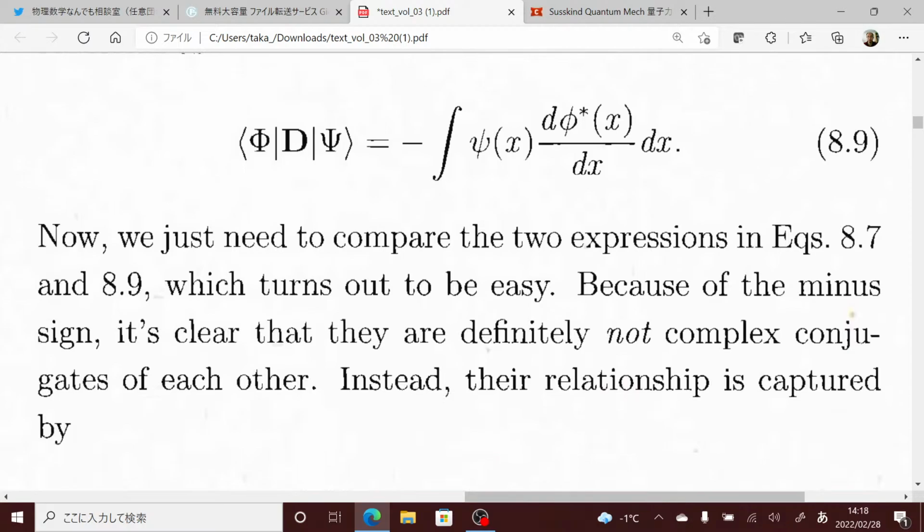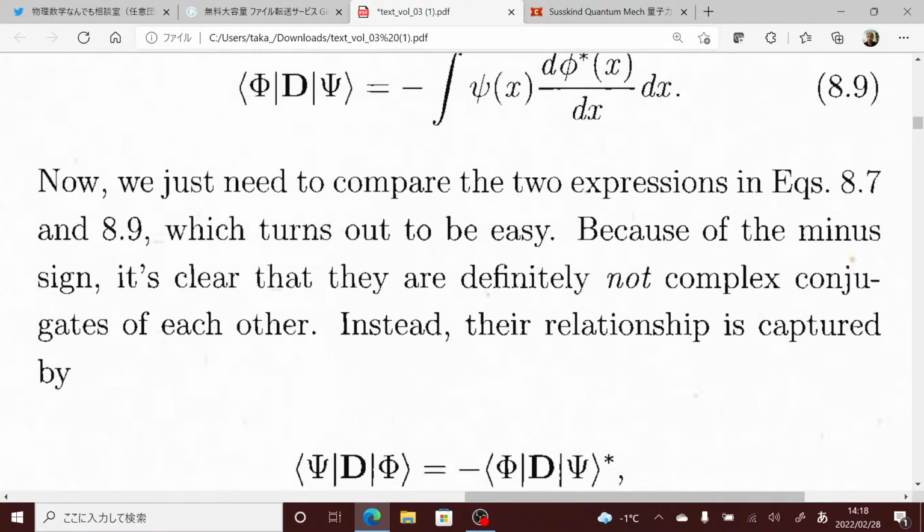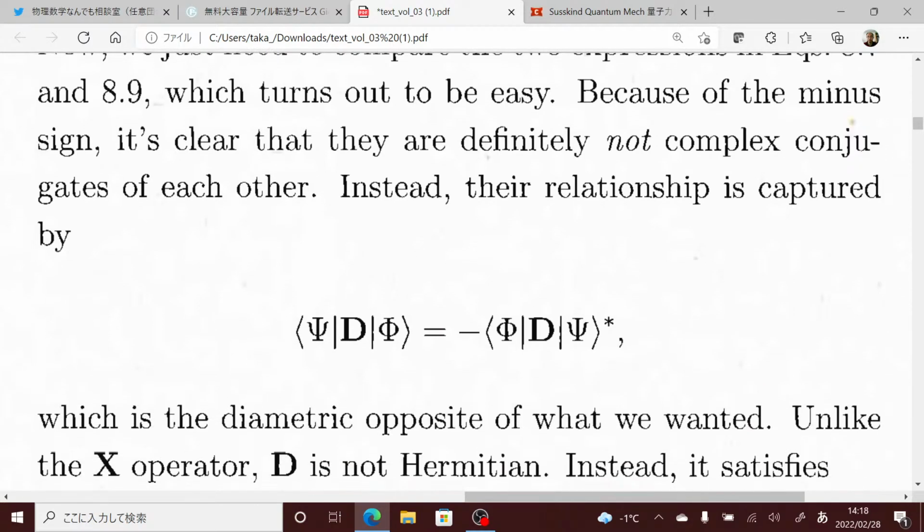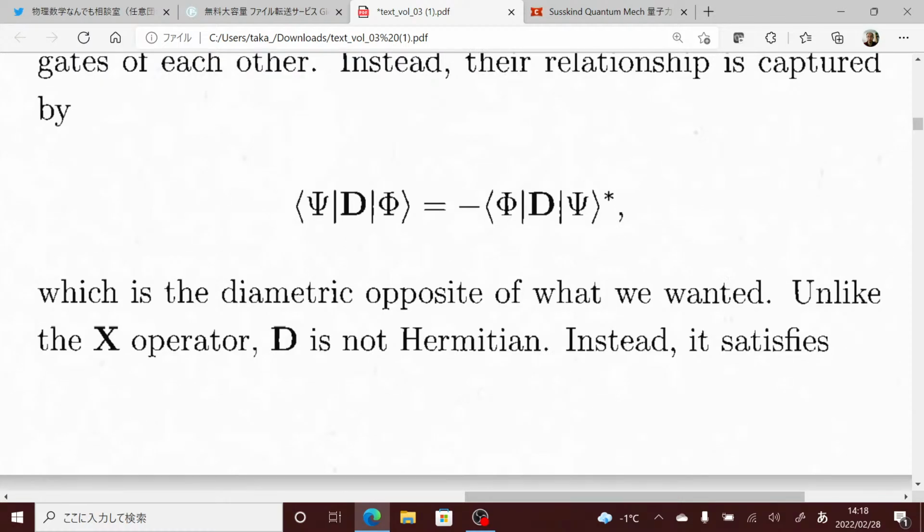Now we just need to compare the two expressions in equations 8.7 and 8.9, which turns out to be easy. Because of the minus sign, it's clear that they are definitely not complex conjugates of each other. Instead, their relationship is captured by psi d phi equals minus the complex conjugate of phi d psi,